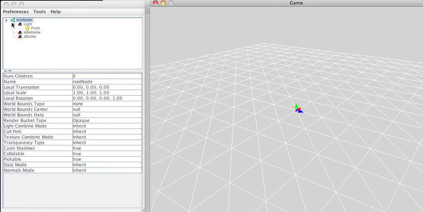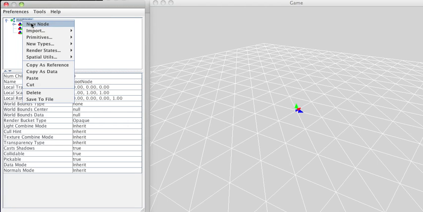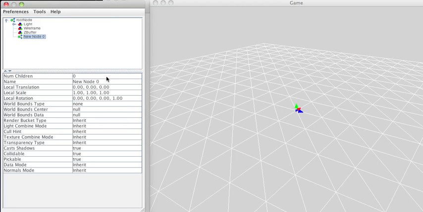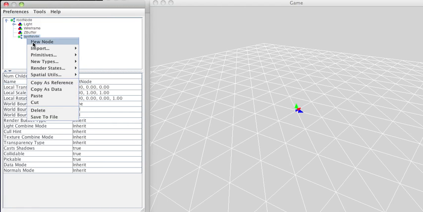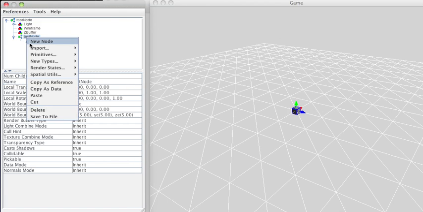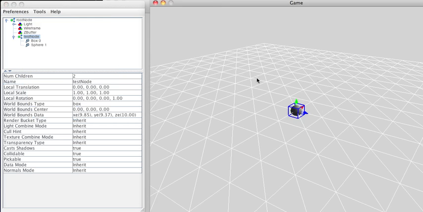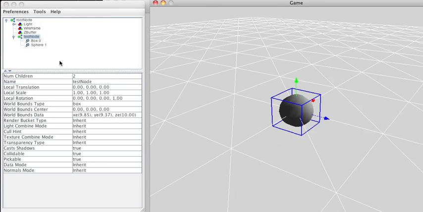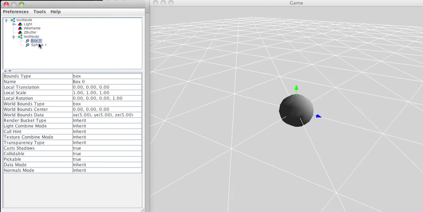Okay, so let's get started by creating a pretty simple example. Let's create a new node. So we select root node and create a new node, and let's name this guy test node. Let's add two primitives to this. Let's first add a box, and secondly, let's add a sphere. Okay, so now we see that the sphere is larger than the box, so obviously it's occluding the